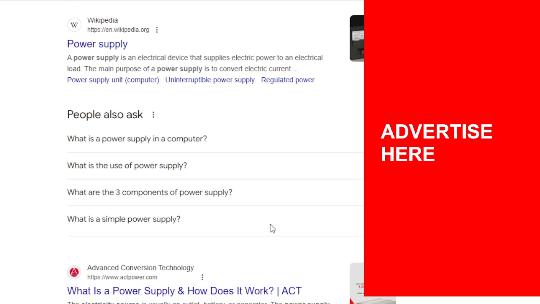As you see here, the power supply is an electronic device that supplies electric power to an electrical load. The main purpose of the power supply is to convert electric current